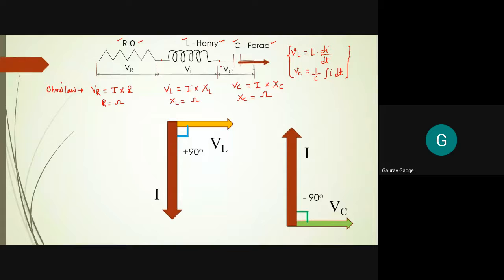Now, if I just again go with the phasor diagram, if I draw the phasor diagram here, I have to keep in mind which common parameter is present here. So can anyone tell me the common parameter which is present in this particular circuit? See, a phasor diagram is always plotted between voltage and current. Please remember, you cannot include resistance, inductor, and capacitor. So can you tell me which parameter in this particular case is common? Common means same. Can anyone tell me which element is the same? Which element is common?